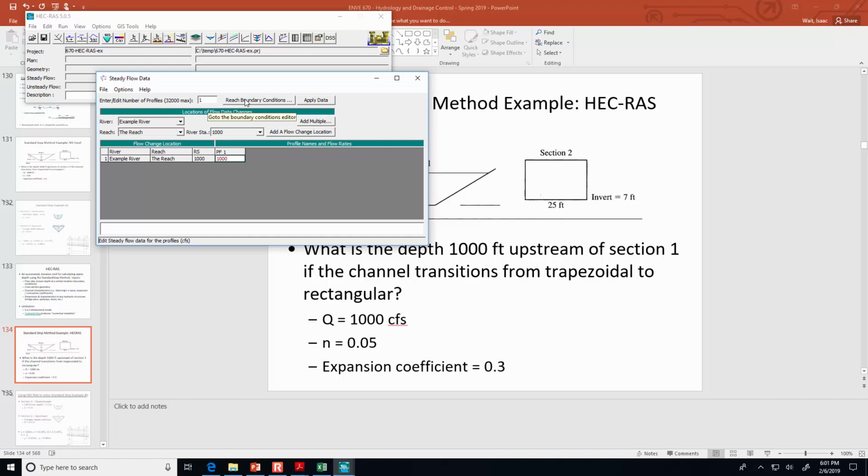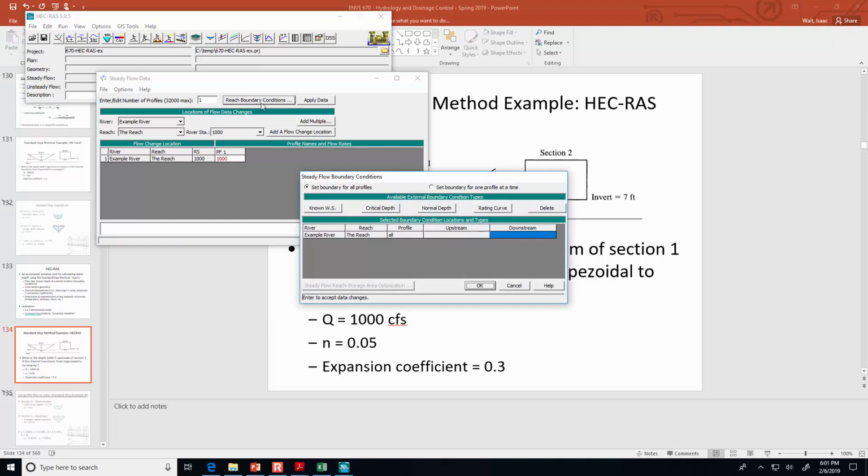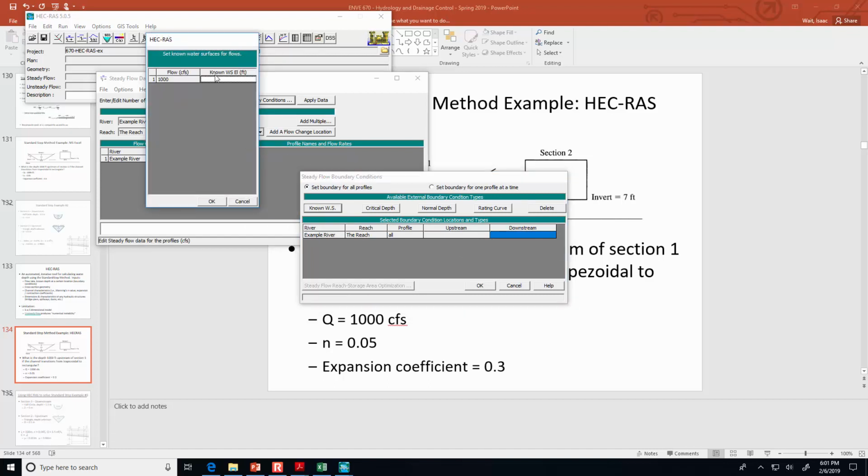and then we also need to define the boundary conditions, because we haven't told it yet what the water depth is where we know the situation at location 1. So click on boundary reach conditions, and what we know is a known water surface. So click on known water surface, and the known water surface is 10. Wait, did we start at 0? Yeah, okay, so then we need to say 5,